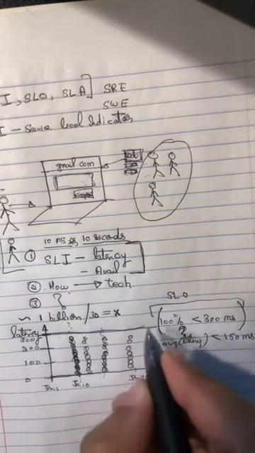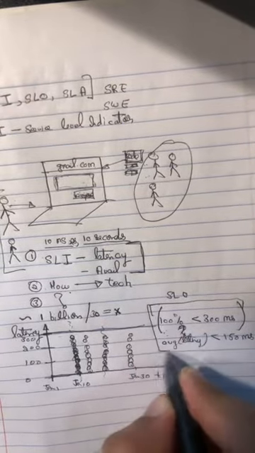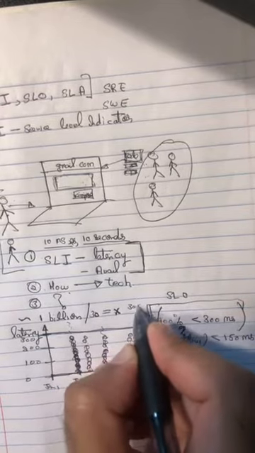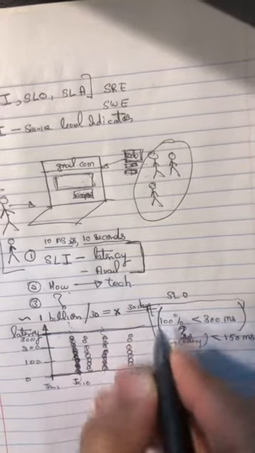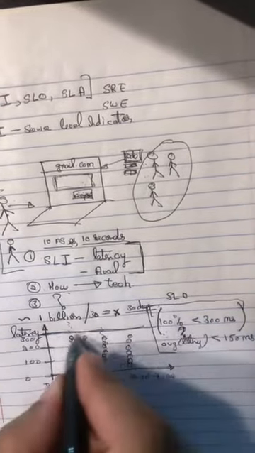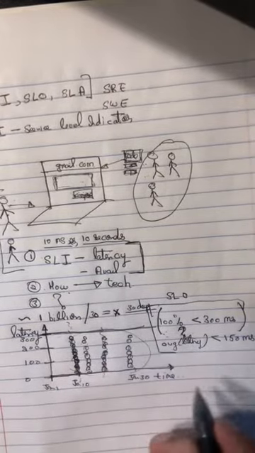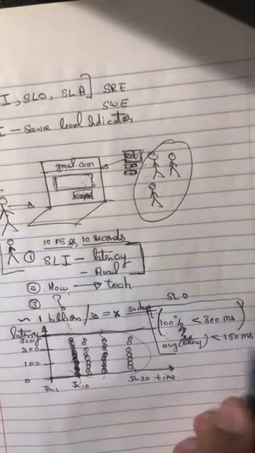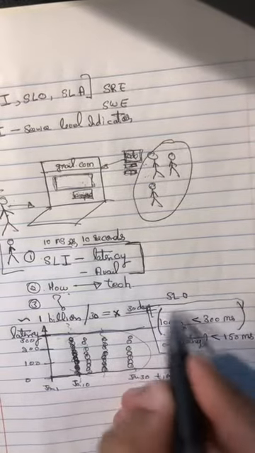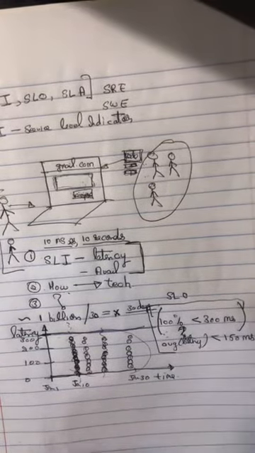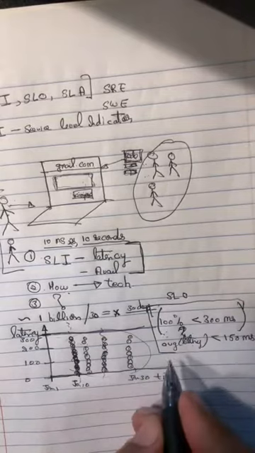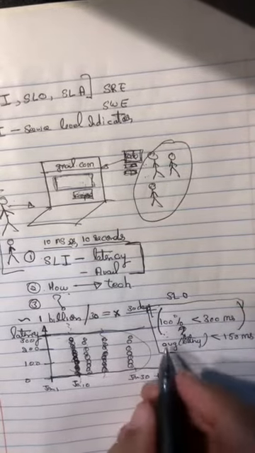And obviously these apply over a time period. For example, here we are measuring it over 30 days. So over a period of 30 days, if you take an average, this is your 30-day data. If you take an average over 30 days, it should be less than 150 milliseconds. And over 30 days, 100% of your requests should be less than 300 milliseconds. So these are two simple enough metrics.